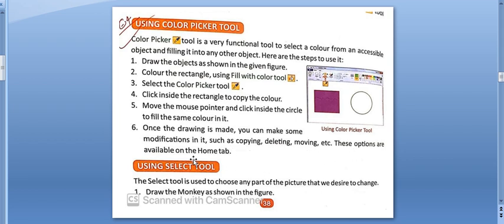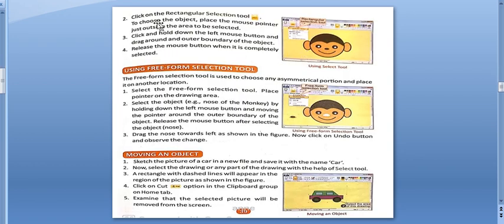Once the drawing is made, you can make some modifications in it such as copying, deleting, moving, etc. These options are available on the Home tab. Now using the Select tool. The Select tool is used to choose any part of the picture that we desire to change. Number 1 is draw the monkey as shown in the figure.